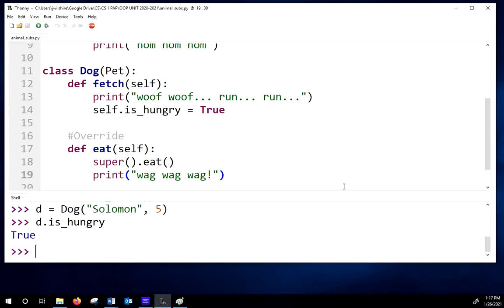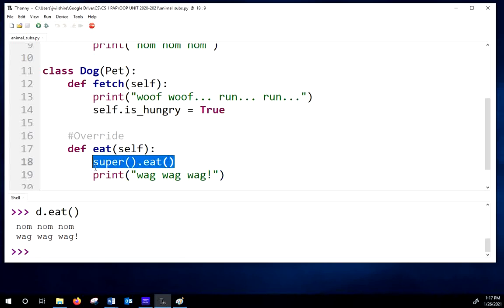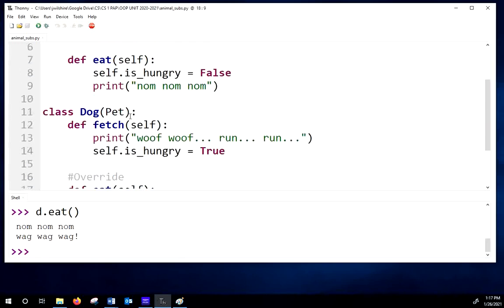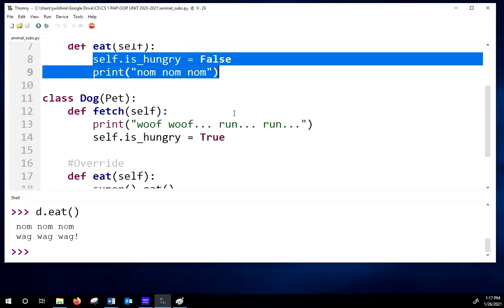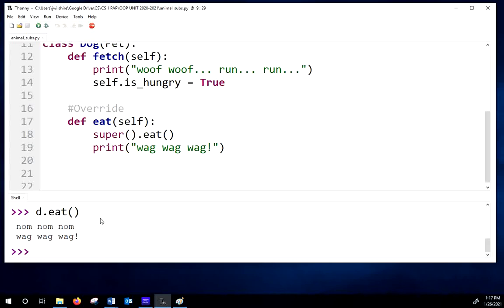So currently we're hungry. I eat, and notice the nom nom nom came first because I called super.eat here. So that's going to go up here, do that code, then come back and print wag wag wag. If we change the order in which that occurs,